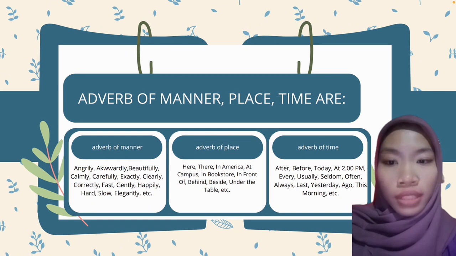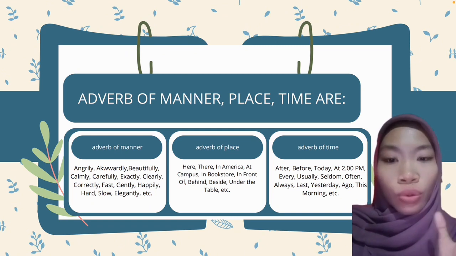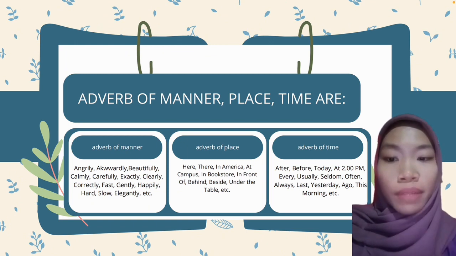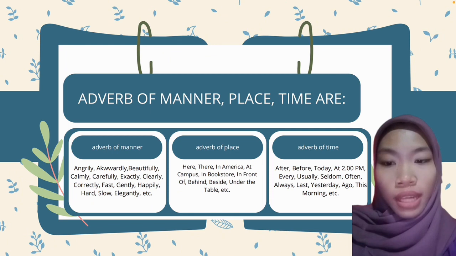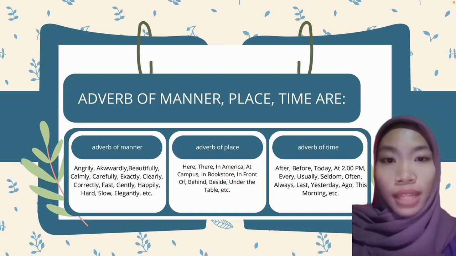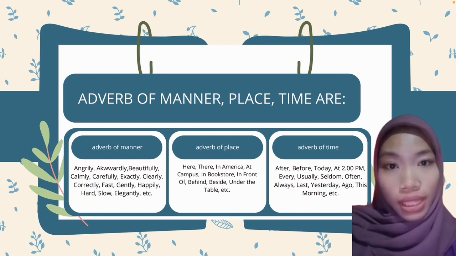An adverb of time is a statement that indicates the occurrence of an event in a sentence. Examples of adverb of time are this time, after, before, next week, today, at 2 p.m., every day, every, usually,